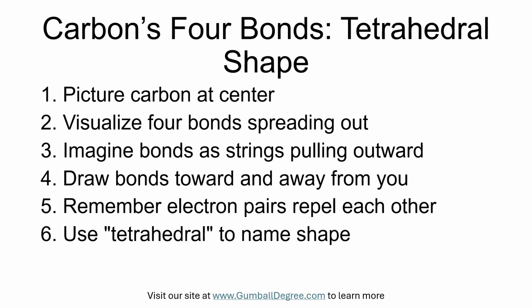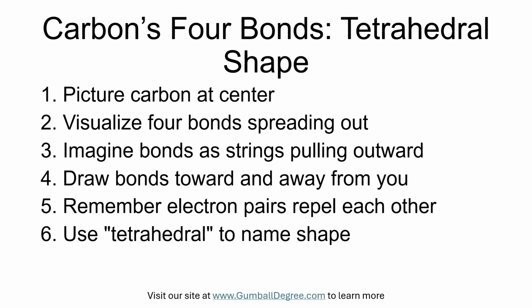If you imagine standing in the middle of a playground and holding 4 strings that pull outward equally, the strings would spread out into a shape like a pyramid with 4 corners, not a flat cross. This happens because the electron pairs around carbon repel each other and settle into positions that minimize that repulsion, creating equal spacing. Chemists call this arrangement tetrahedral, and it explains why molecules with carbon can have specific three-dimensional shapes that